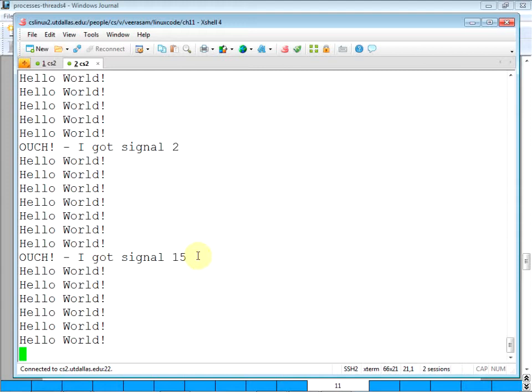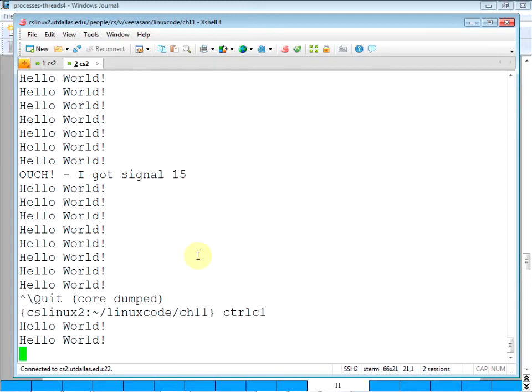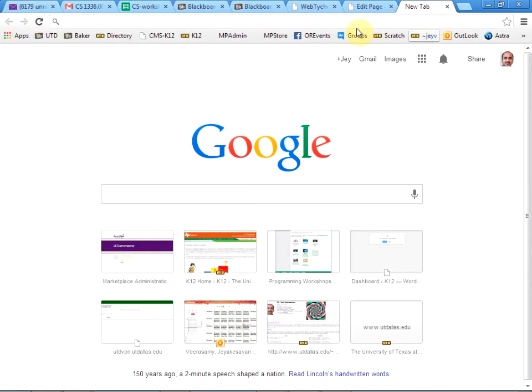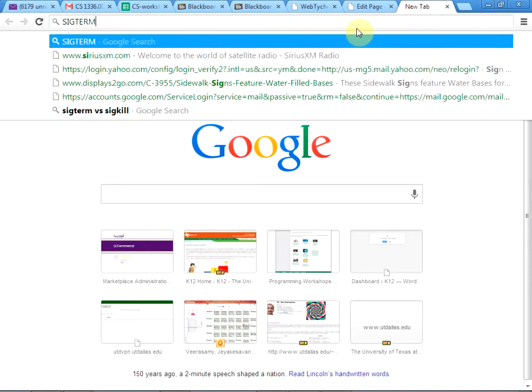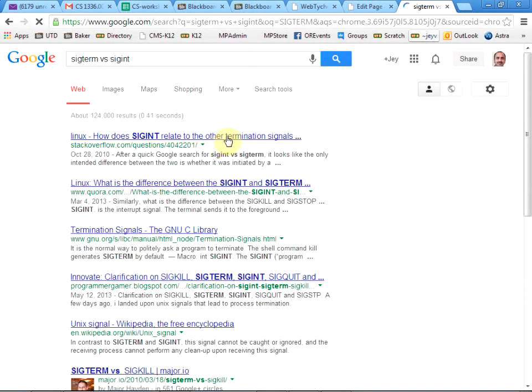That 8 is different; I think 8 is Control-backslash. SIGTERM versus SIGKILL, SIGINT. The shell command kill sends SIGTERM by default.